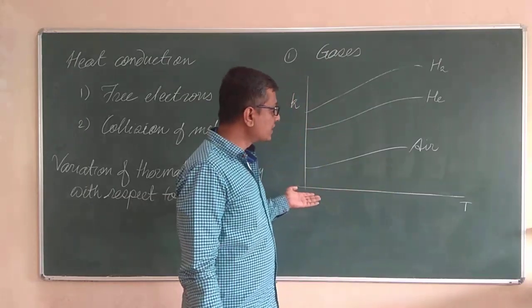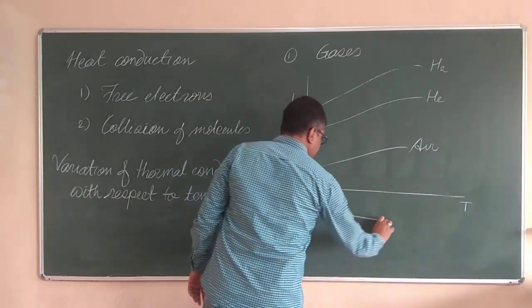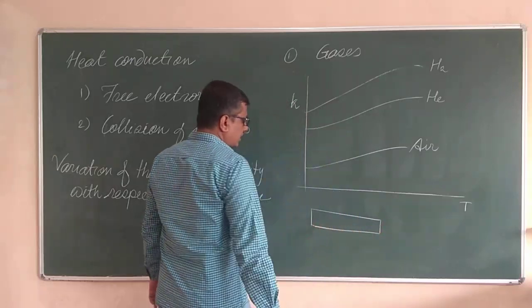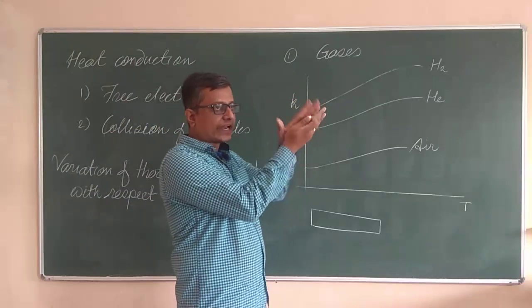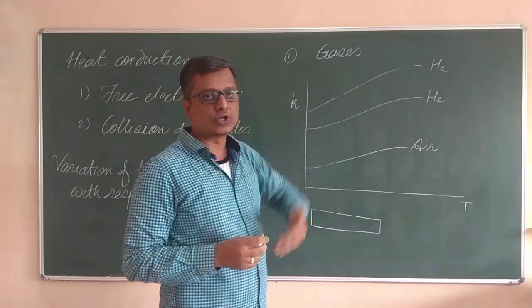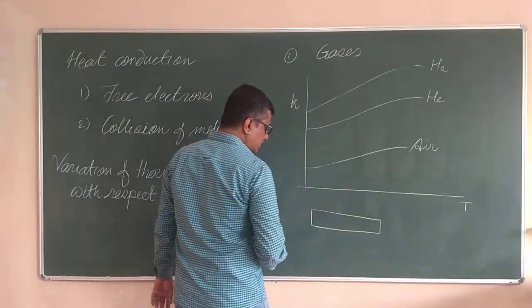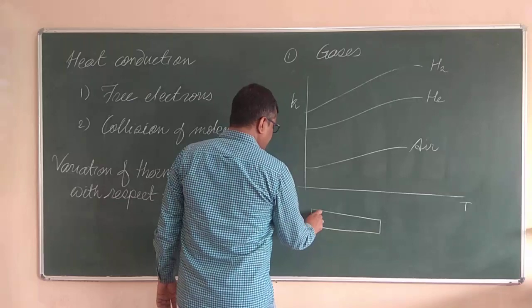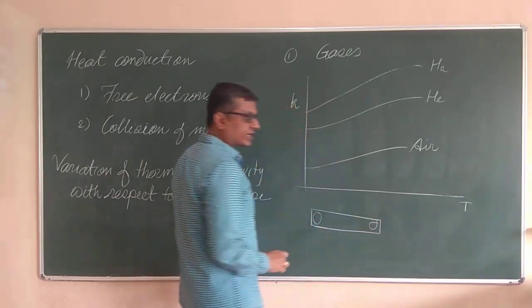Why is it so? In case of gases, if I take a long enough container, and if I heat up the gas, I have not kept the container inclined or in the vertical position, so that the molecules can go up or down due to the variation in the density. If I take this container and heat up the gas in this region, then how does the gas in this region get heated?